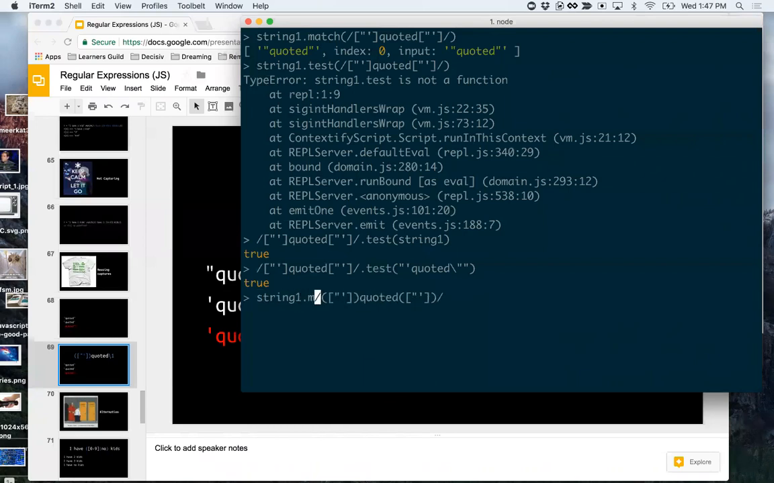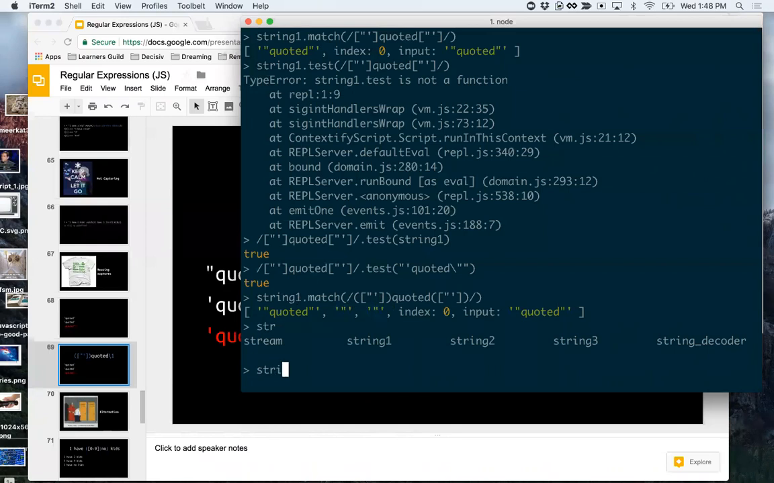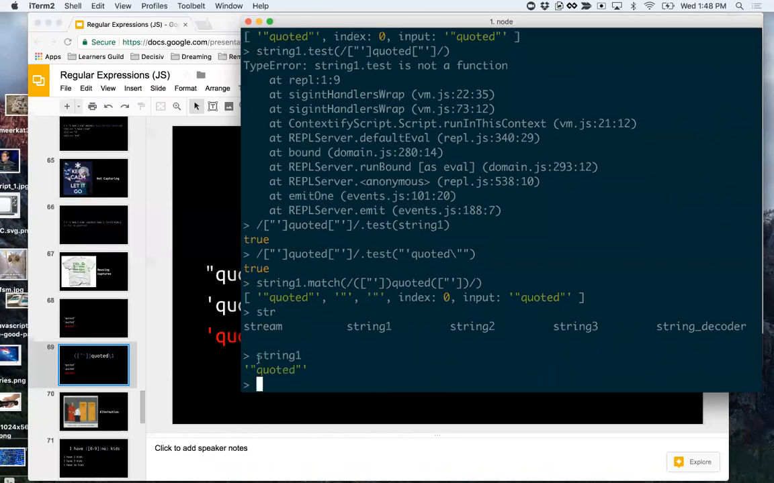So I'm going to use string 1 and match against this regular expression where I have captures in both places now. And we'll see that in my result here, in index 1, I have the double quote that matched at the beginning of the string. And in index 2, I have the double quote that matched at the end of the string. Because string 1, just to remind everybody, has double quotes on either side, right? If I go back to this and I put in here a string that starts with a single quote and ends with a double quote,